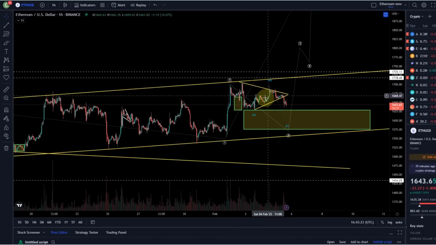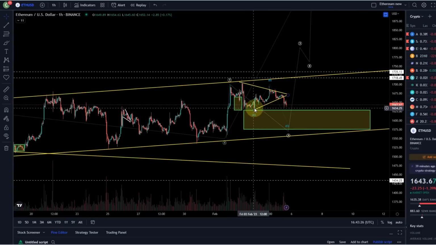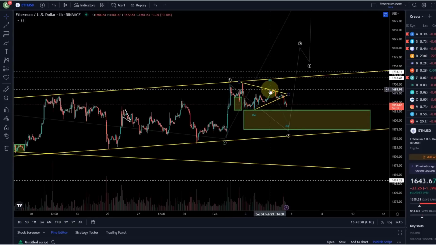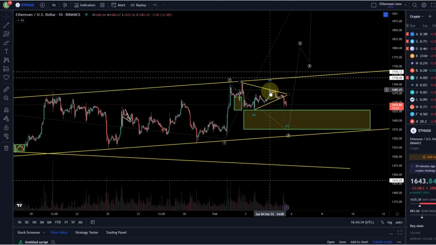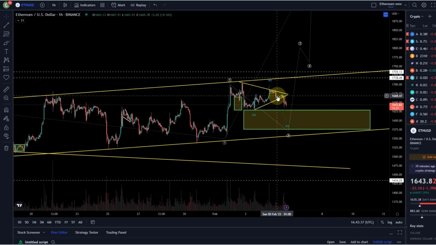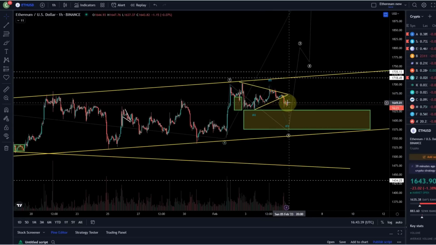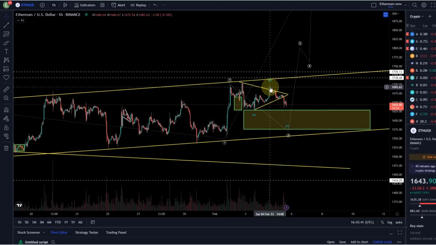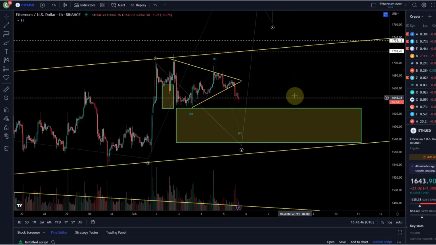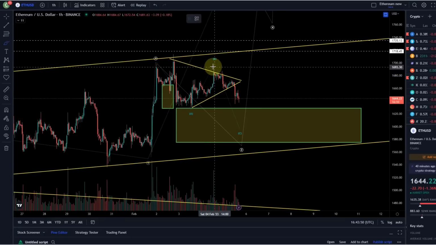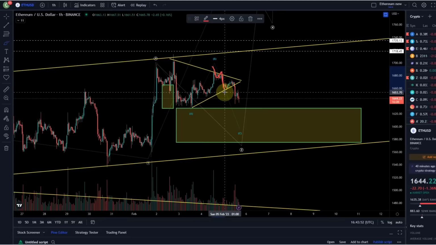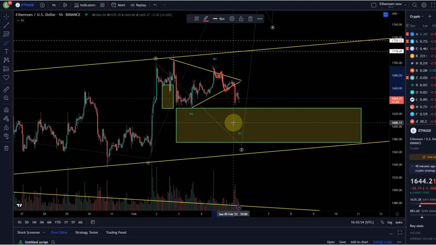This move here was too short to be a third wave, because otherwise you could have counted it as a 1, 2, 3, 4, 5, but this was too short anyway, so it looked corrective, especially as we got rejected here. And now we are in this situation that the price topped in 3 waves and we're coming down, and this could be nearly done, this move down. At least we can see possible 5 waves nearly complete. Here, for example, a 1, 2, 3, 4, 5.